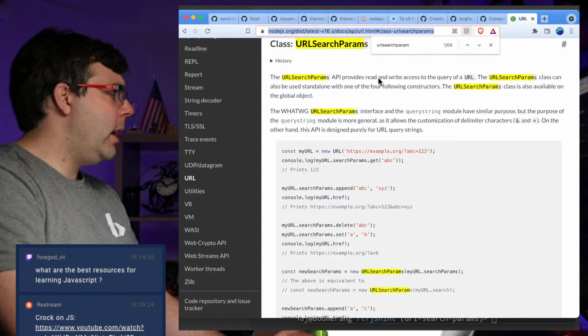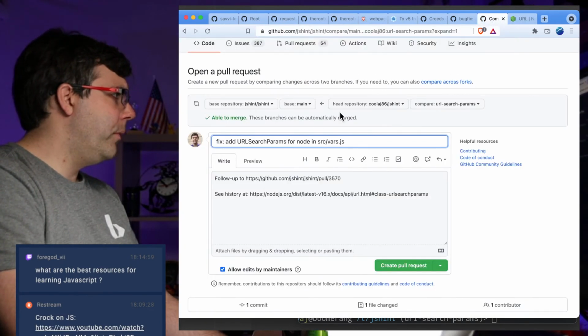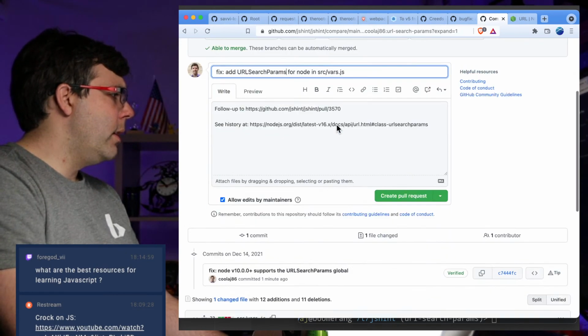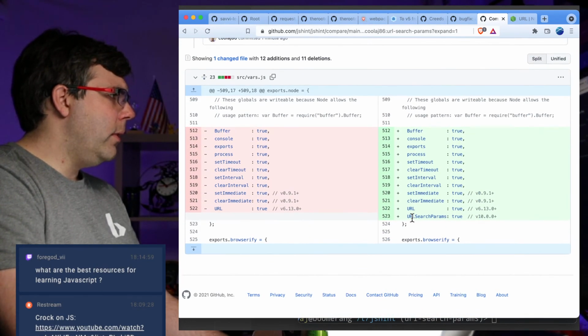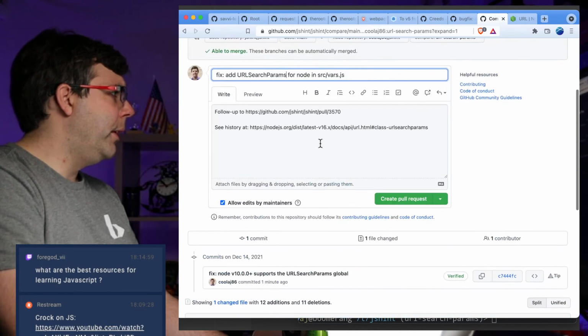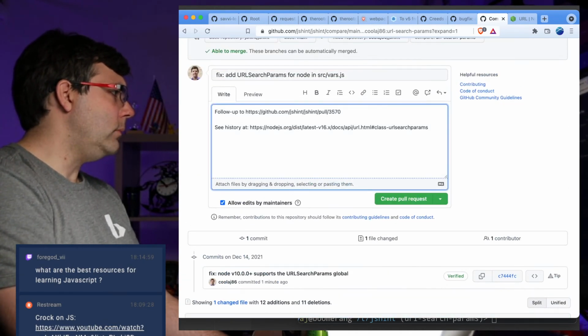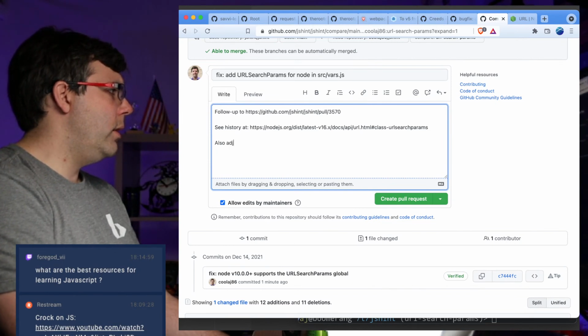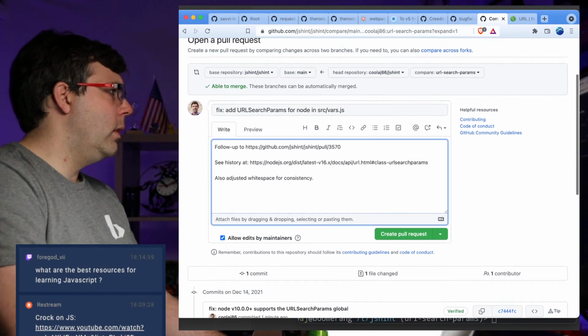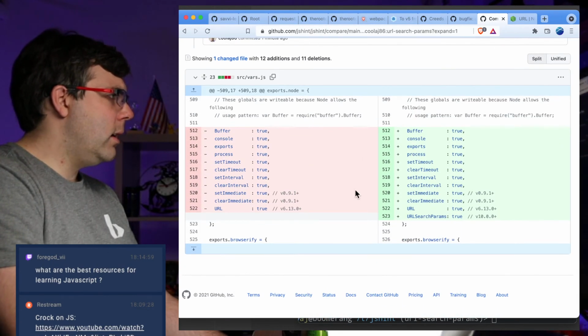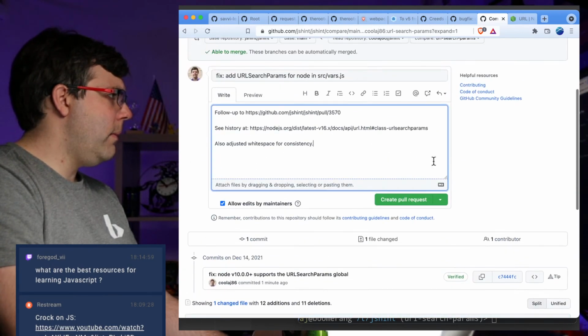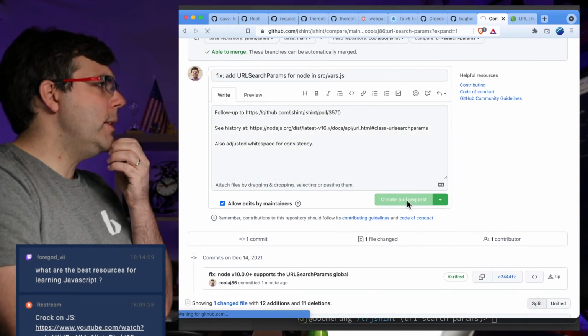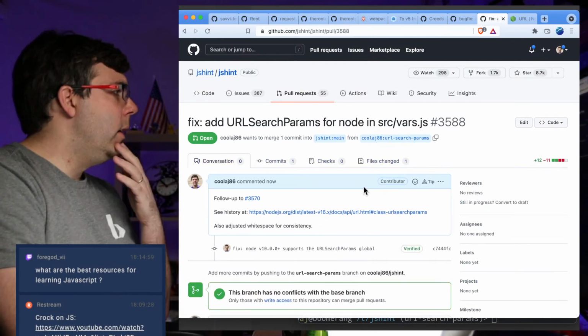All right, let me make sure I spelled that right. URL search params. URL search params. And then down here, it's URL search params. Also adjusted white space for consistency. And then let's double check trailing comma. Yeah, everything's good. Okay. I'm going to create that pull request,